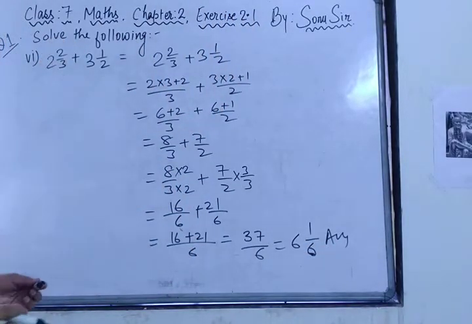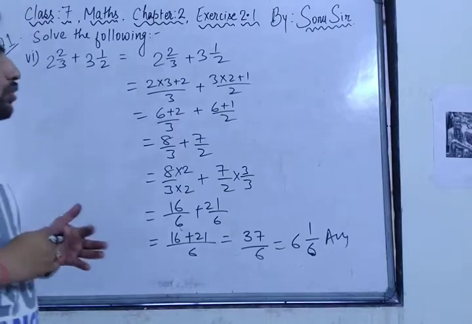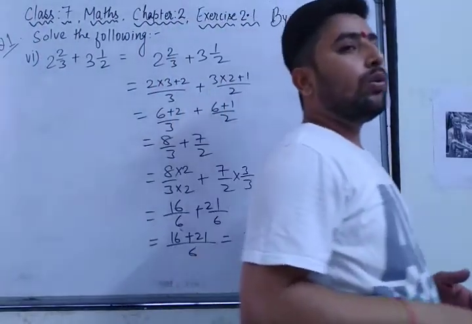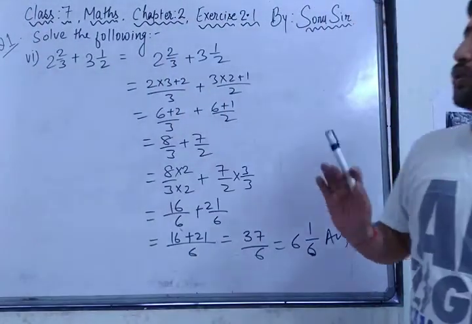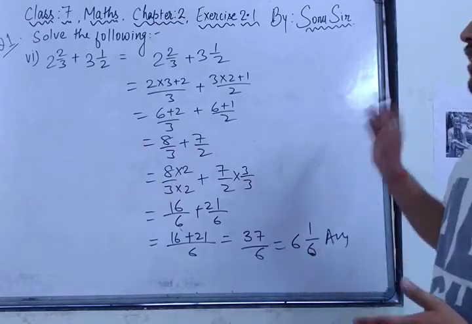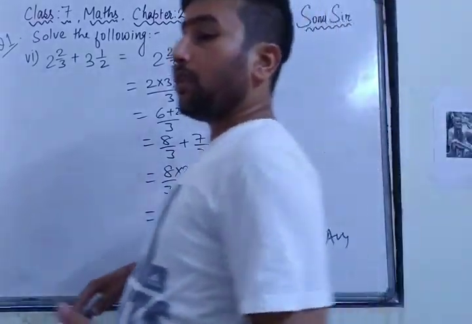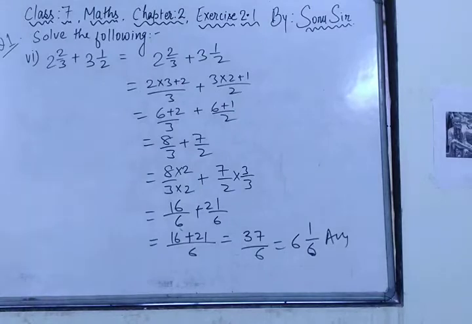Instead of 2 into 2 by 3, I wrote 2 into 1 by 3. So you must know the pattern. Whatever the digits are, you should know the pattern. If you know the pattern, then the whole answer will be right. But don't make the blunder that I made in this video. Instead of 2 into 2 by 3, don't write 2 into 1 by 3. Got it? So both the answers you can write in your notebook.